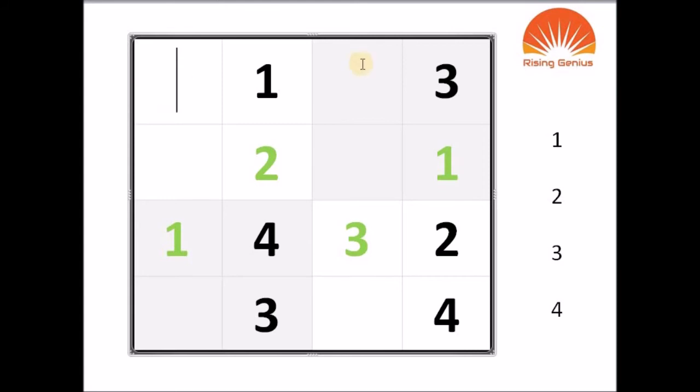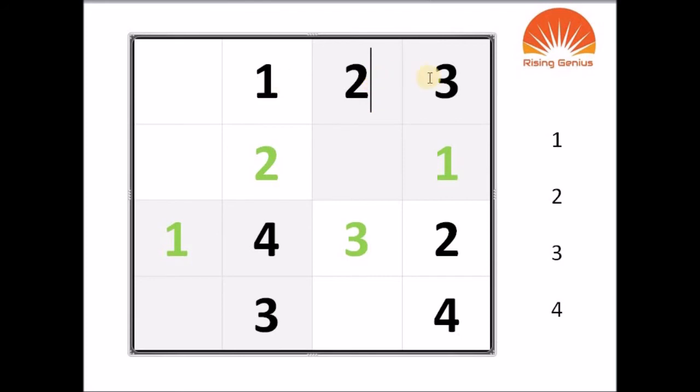So if 2 cannot come here, where can 2 come? Here. Yes? Just let me color this. If 2 cannot come there, then the only place for 2 is this square. And just check one more time. Is 2 there in any of the grey boxes? No. Is 2 in the standing line? No. Is 2 in the sleeping line? No. So your answer is 2 here.